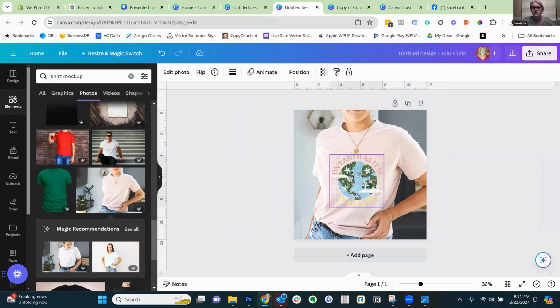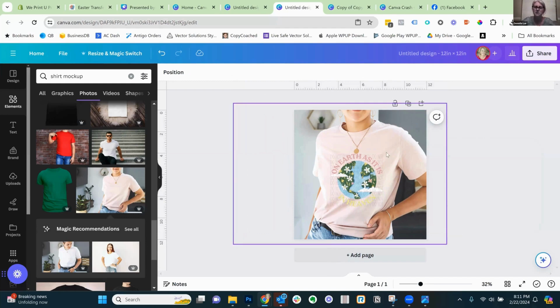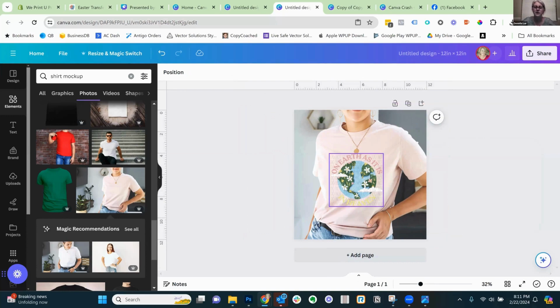And you just kind of want to play around with the size and the placement. This particular model has a necklace, so it makes the placement of that design a little tricky. Yes, there's a watermark on there, but I think most graphic designers are happy when they see that, because now